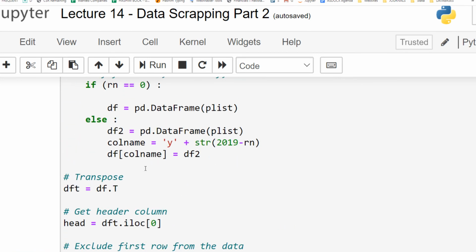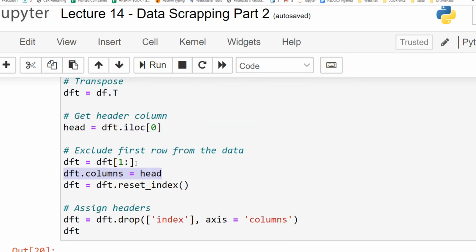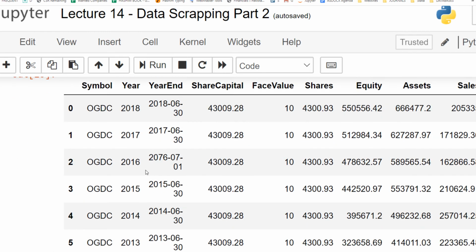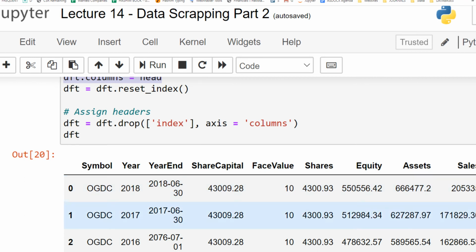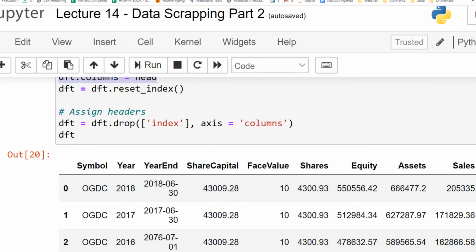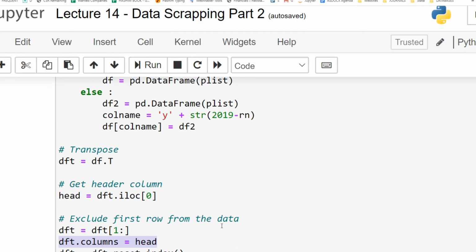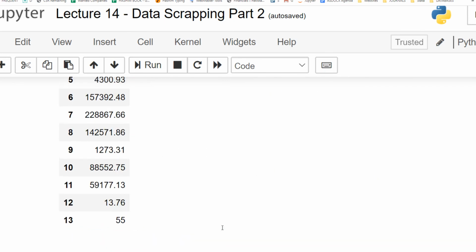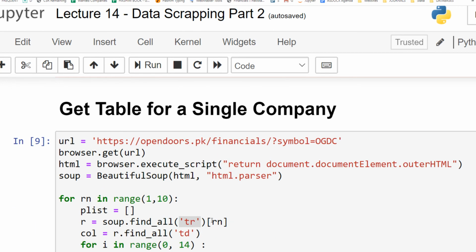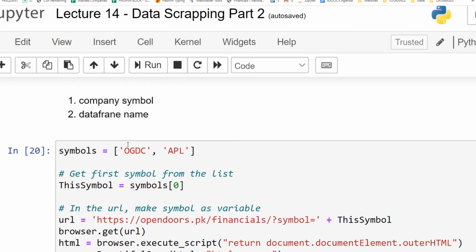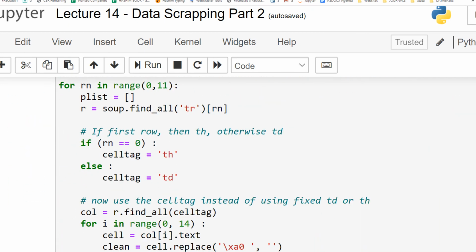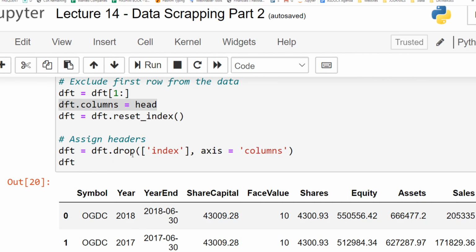So once we run this, we get a data frame like this. So this is the data frame for the OGDC company. We did this previously line by line. So let me run all these one by one. We had done this before this one. Since it's a single line, it will run in one piece.